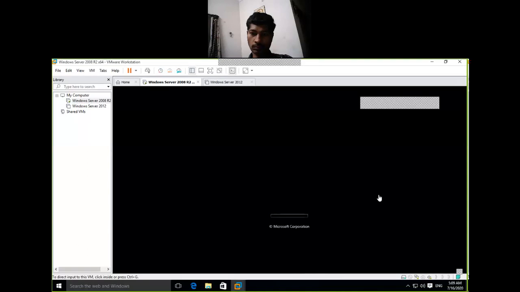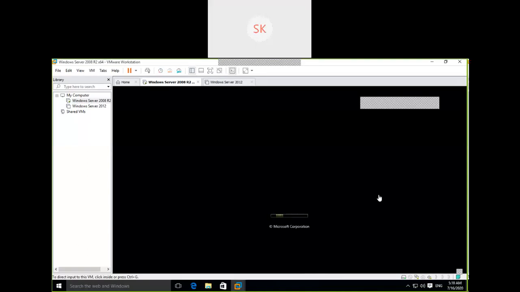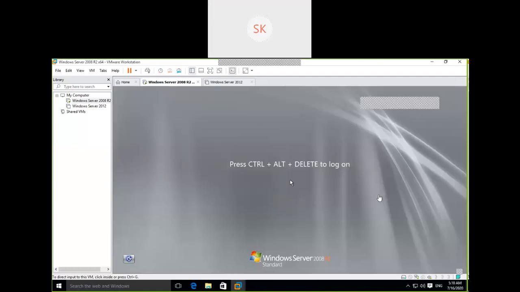So what we need to understand is, once we install a server, the first component we need to identify is drivers. Whether all the drivers are installed properly or not. If one important driver is not installed, we are not going to proceed with the server configuration. That is network.